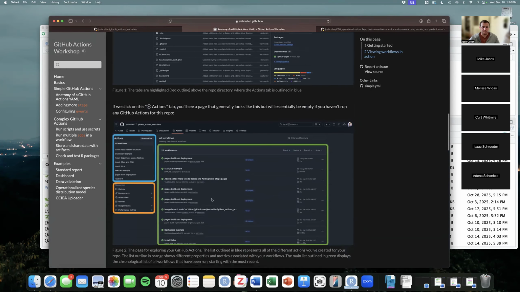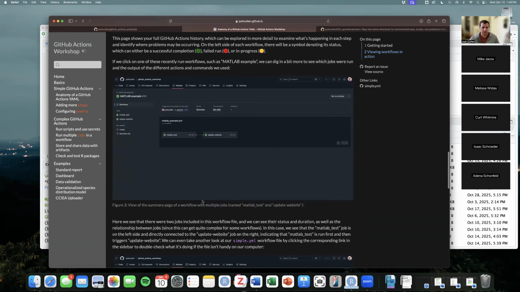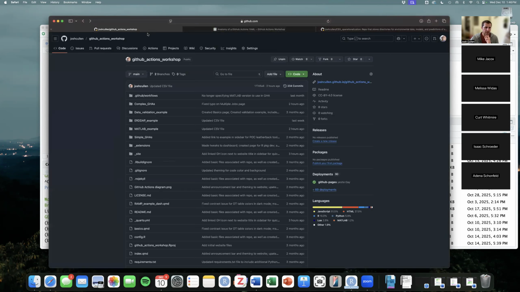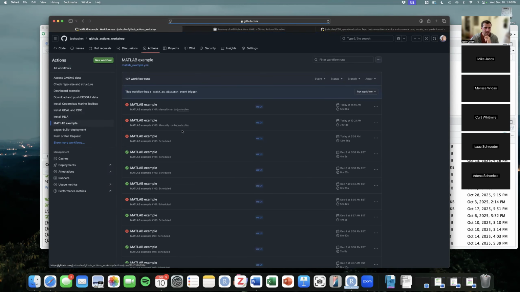So that's described in a bit more detail here on this webpage, and I essentially covered all of this. If you were to click on a workflow, that might give you more details. So this MATLAB example that I show here, if I go back, click on MATLAB example, the past few failed because of issues trying to get this one ERDDAP data set to work and download. But in general, it